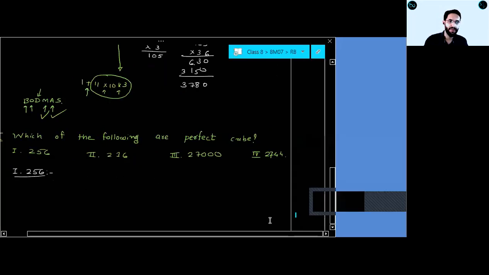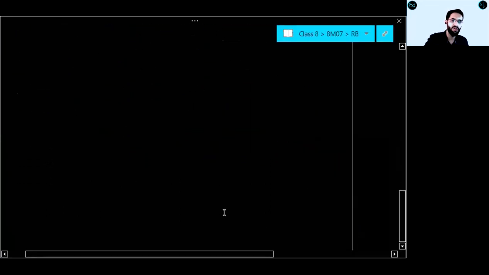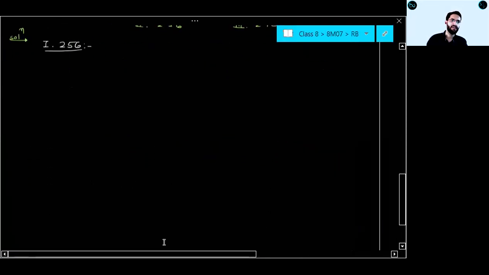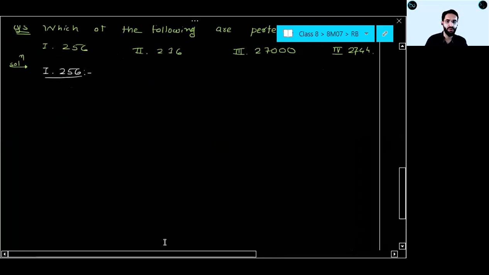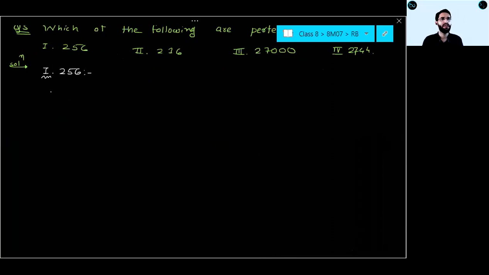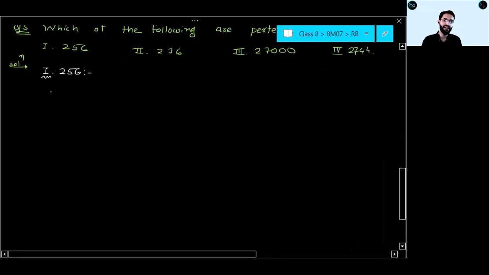Now, who will tell me its prime factorization? No, Shivans, by observation we cannot say. We should do prime factorization only. By observation, how would you like to tell me? Tell me, Shivans, what do you mean by observation? No, by seeing their digits, you can find a perfect cube. That is no. You can find a cube root by seeing. No.